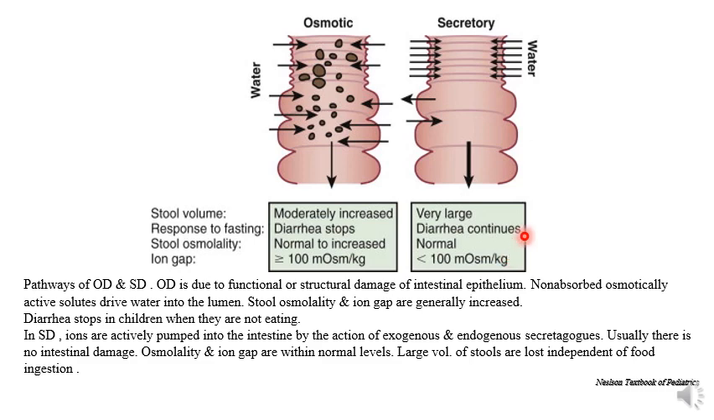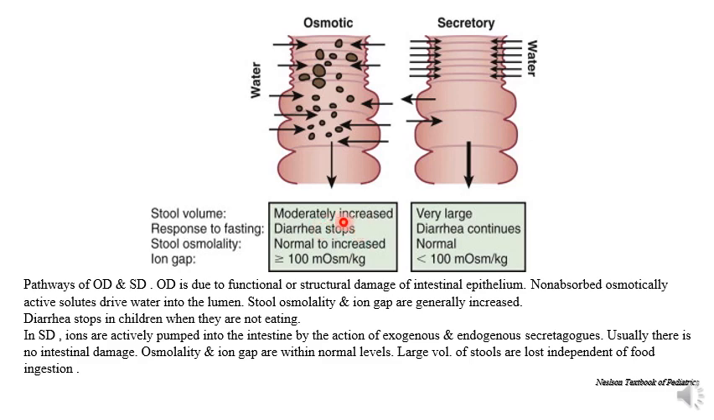Here you see a pathway of osmotic diarrhea and secretory diarrhea. You see there is secretion of water and electrolytes, especially when there is food intake. It increases molarity inside the bowel loop, so the fluid will come from the interstitium toward the bowel lumen. So the volume will still respond to fasting, and stool osmolality and ion gap, as I told you before,